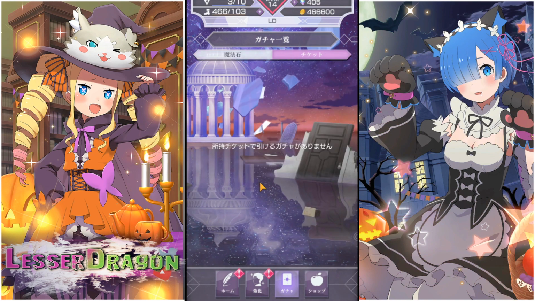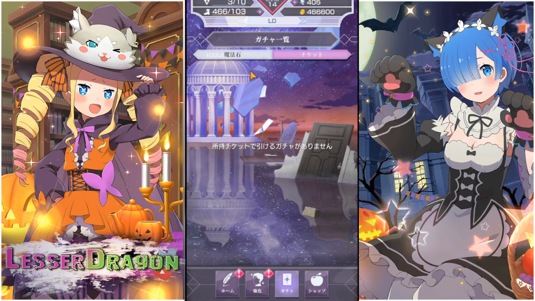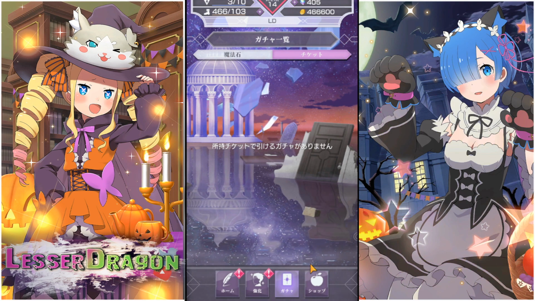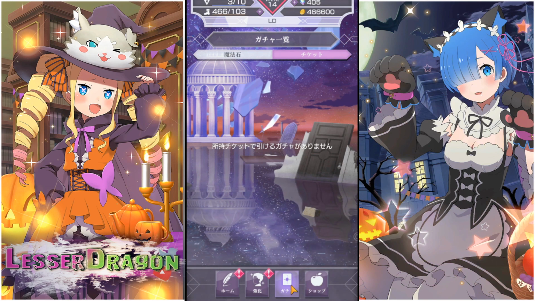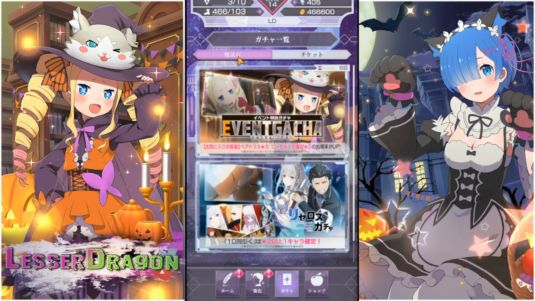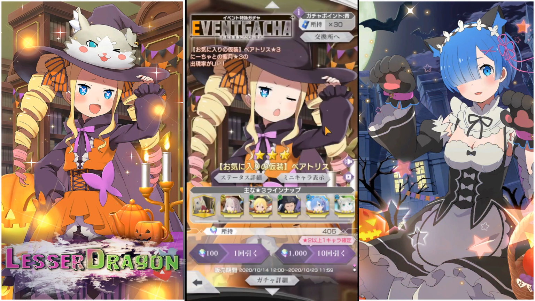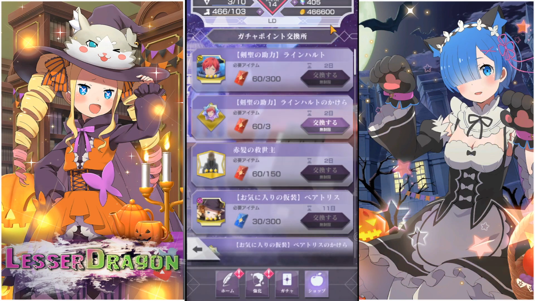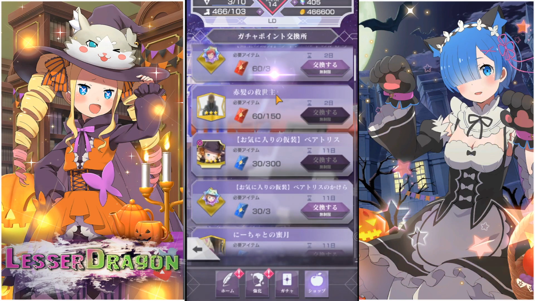This side here is reserved for when you have summoning tickets. If you ever have tickets, this side will have an exclamation mark on it to let you know that you can do summons here. That's pretty much everything on this side. I will actually explain real quick that if you come into the banners themselves, each one has a card currency. Now you earn 10 every time you do a multi. I assume you probably earn 1 every time you do a single. If you click here, it will take you to a specific exchange for those